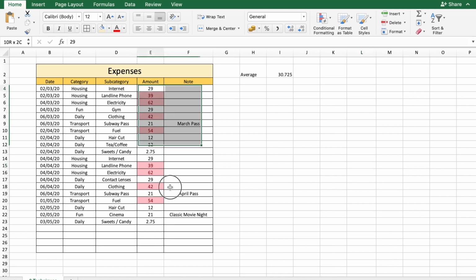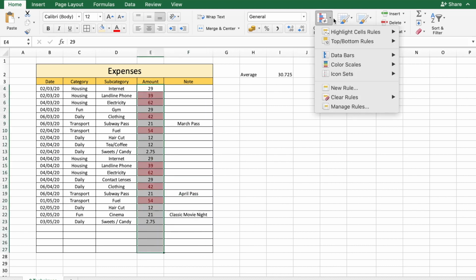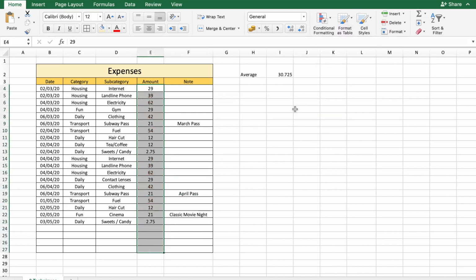So let's just select the cells here and clear all the conditional formatting rules. So let's make a conditional formatting using formulas.